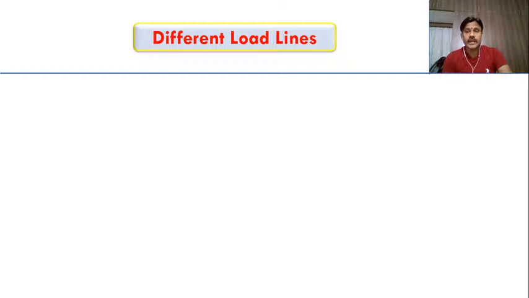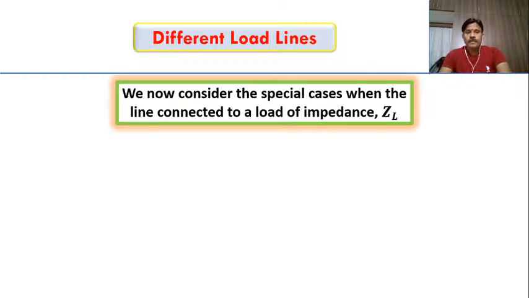That's why characteristic impedance plays a major role in transmission lines, whereas intrinsic impedance plays a major role in unbounded media like lossless medium, lossy medium, free space and conductors. Those we have already seen. So what are the different categories? The types of load for the transmission lines we will see first. We now consider the special cases when the line is connected to a load of impedance ZL. So the first one is